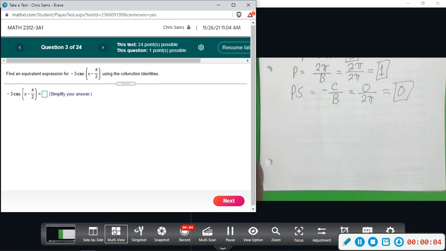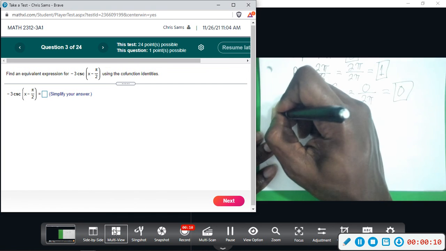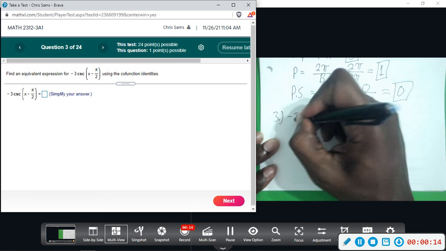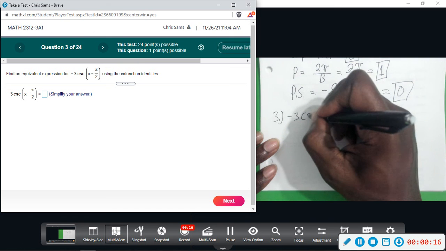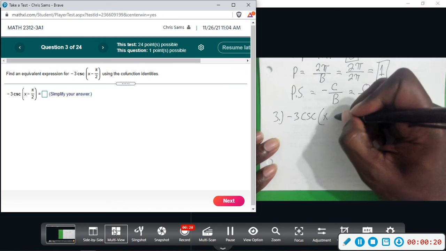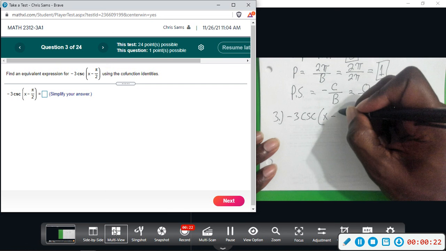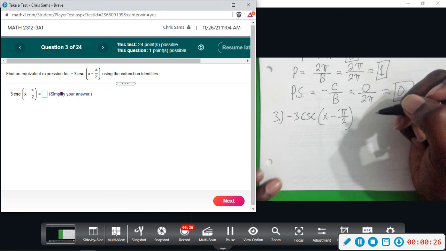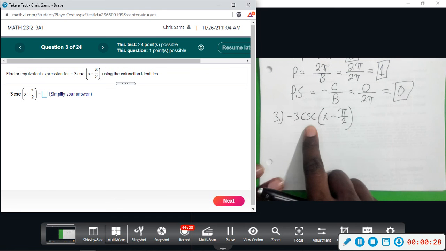Alright, question number 3. We want to find an equivalent expression for -3 cosecant, CSC, of x minus pi over 2. Okay, so what you want to think about is CSC is the reciprocal of